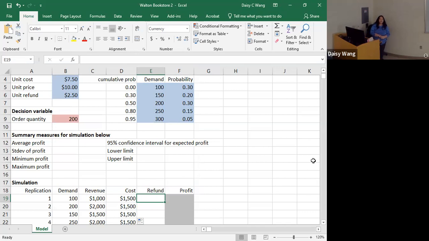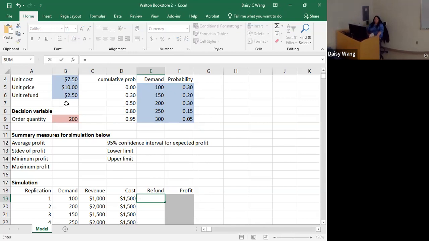So how do we make Excel calculate that in our formula? Let's do this. So refund is 2.5 times